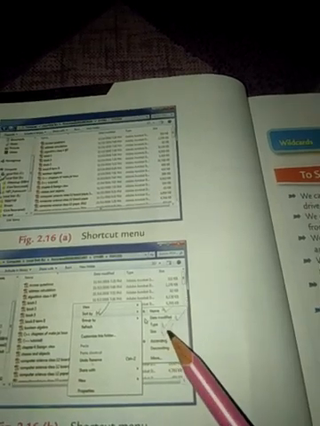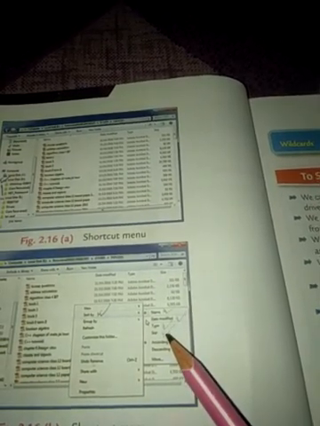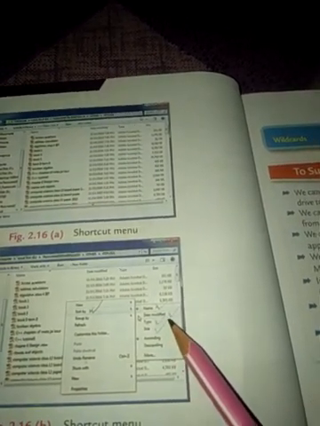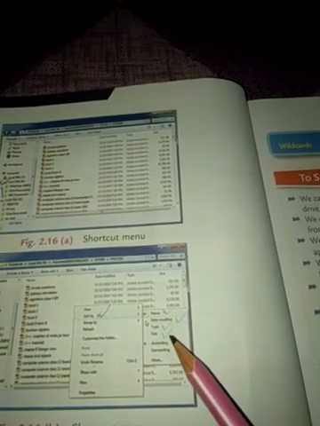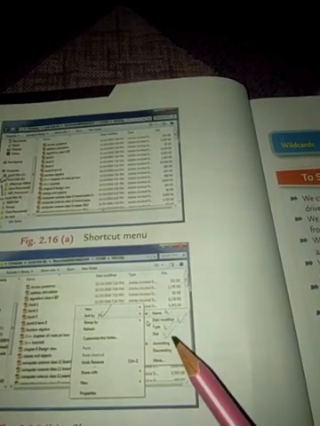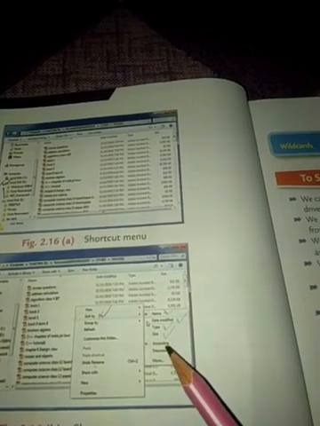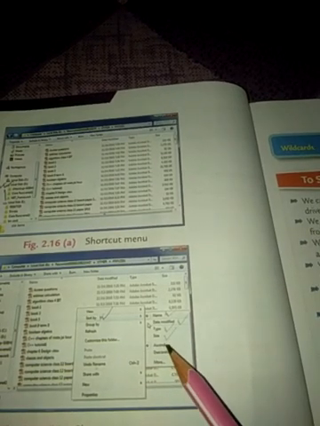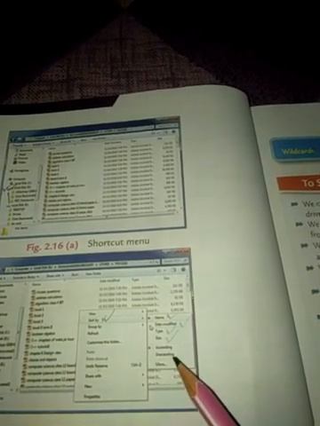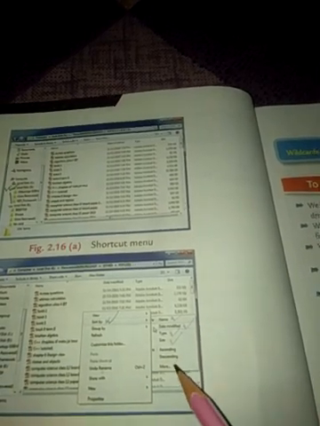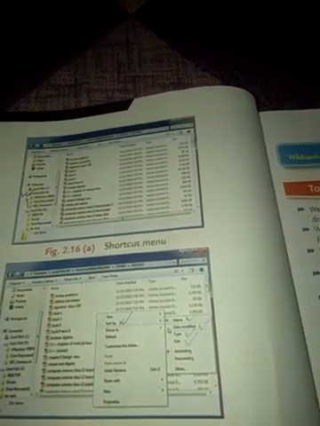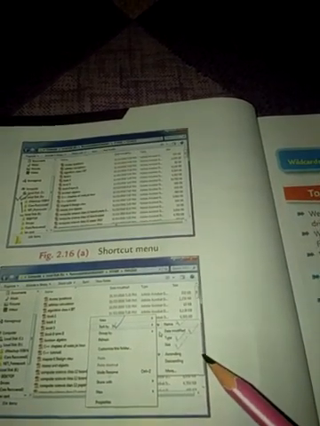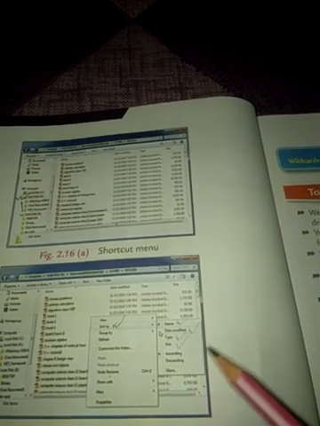Or if we want to sort the files according to date modified, we have to choose date modified. Or if we want to segment the files or the folders by type, we have to choose type. Or if by size, we have to choose size. Or we may also opt for ascending or descending order. These are the options we have to choose as per our necessity.